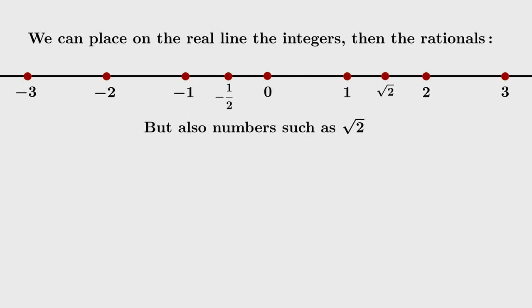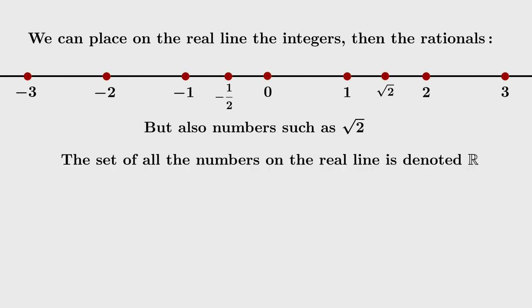Once we have these numbers placed, we find it fairly easy to place any number on the axis in the following sense. If I want to know where root 2 should be, well, I know it lies between 1 and 2. I've already made that observation. And it should be right around there. And I can place it by simply taking my piece of pizza and having one end at 0 and the other end will fall at root 2. Of course, that could be a little messy. I don't suggest you do that at home.